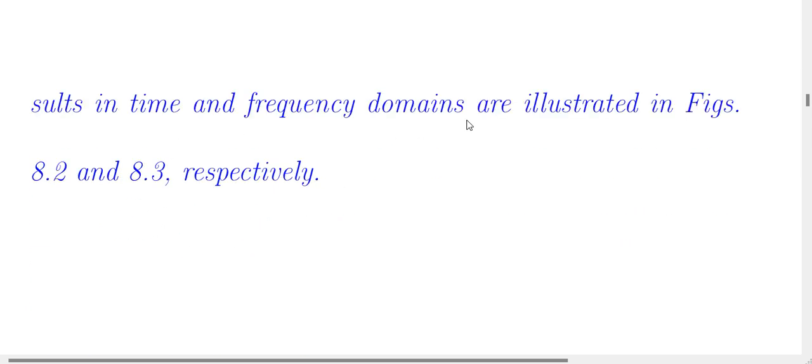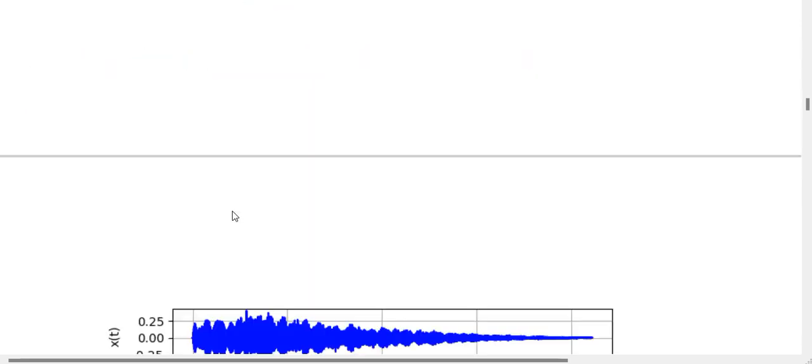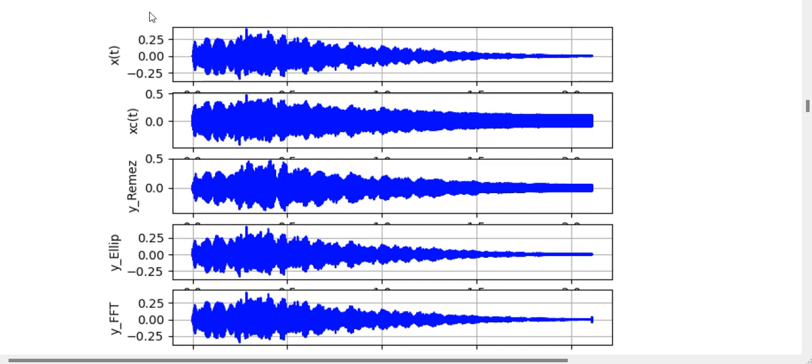Results in time and frequency domains are illustrated in figures 8.2 and 8.3 respectively. Let's have a look at them. Left channel, of course, is shown. The original input signal. The corrupted signal,